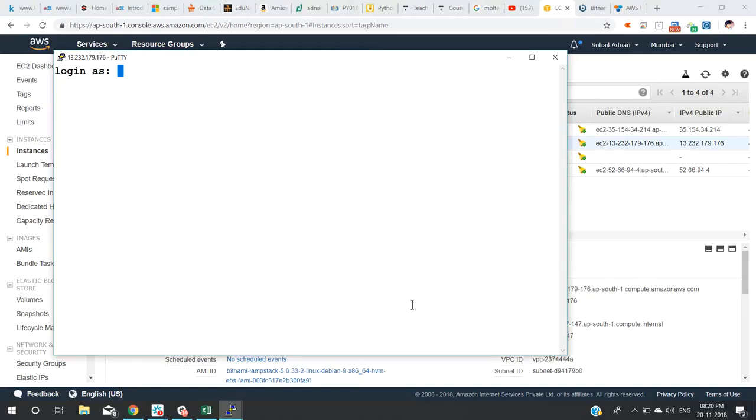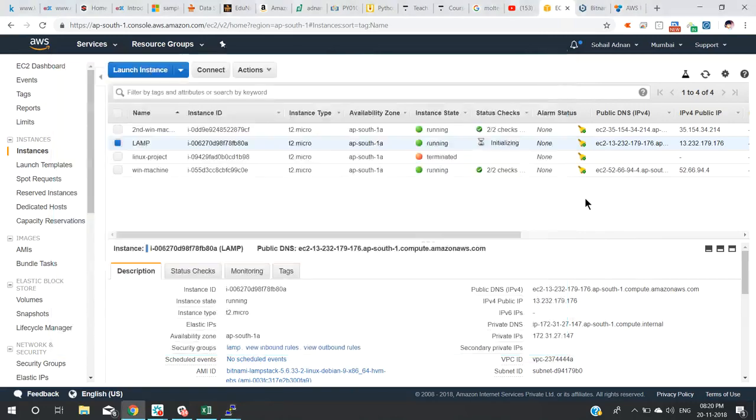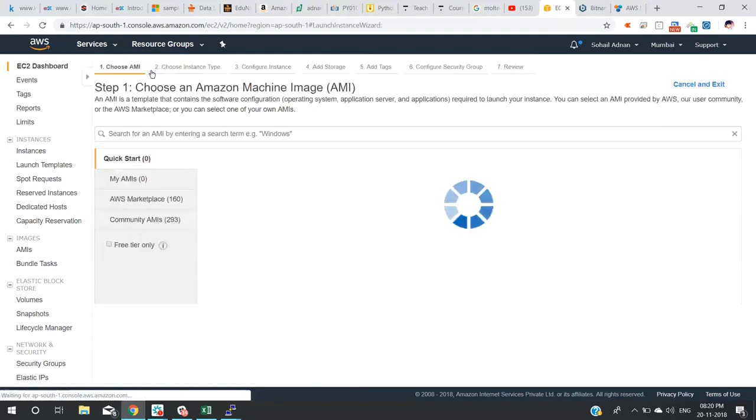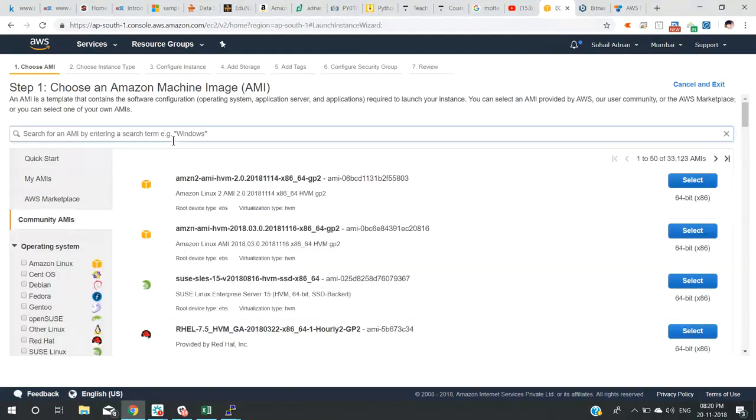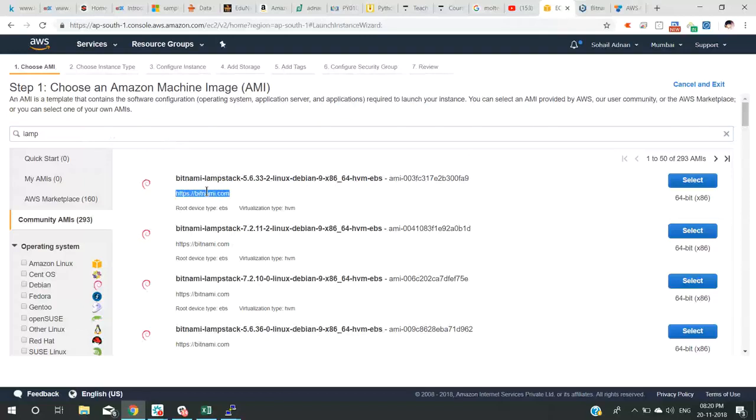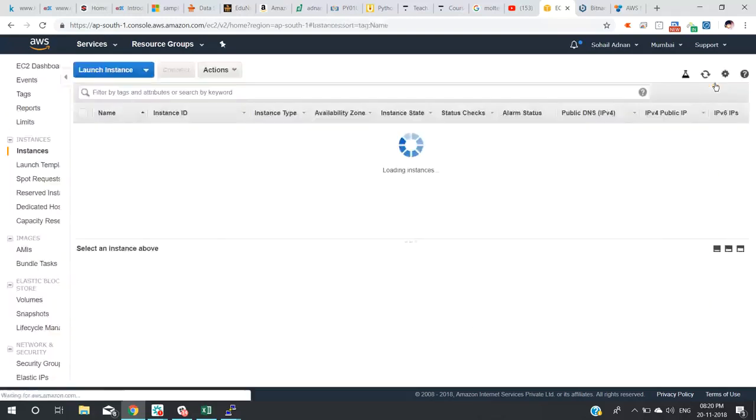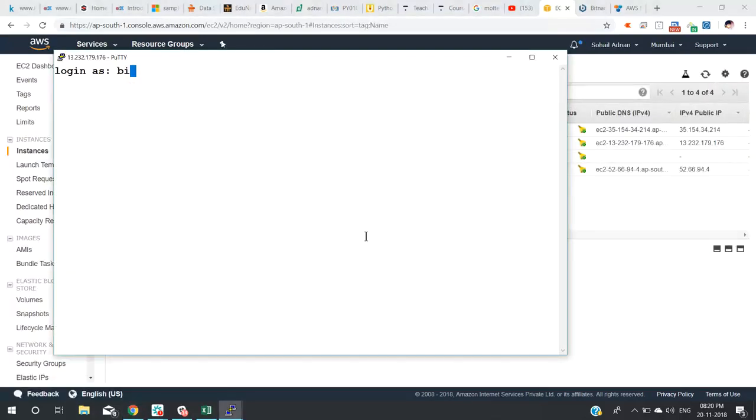I am launching this instance from a third party vendor, right? I have done this lab before and I've read this documentation. So how do you know who is making this instance? It's very simple. When you go to launch instance and go to community AMI, and I was searching for LAMP, these guys have given their website. Whoever's stack I'm using, they've given the website. I've gone to their website and done the research for the username. So I know the username. The username is Bitnami,